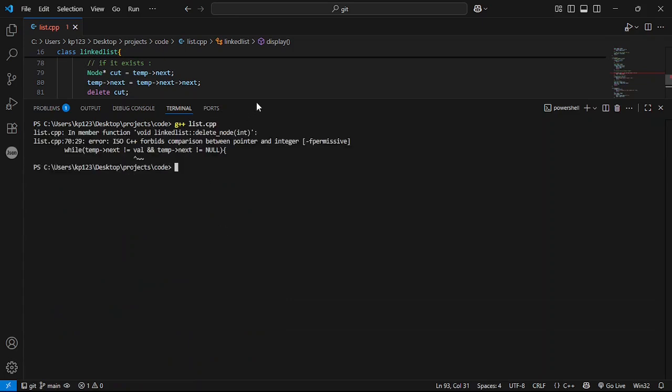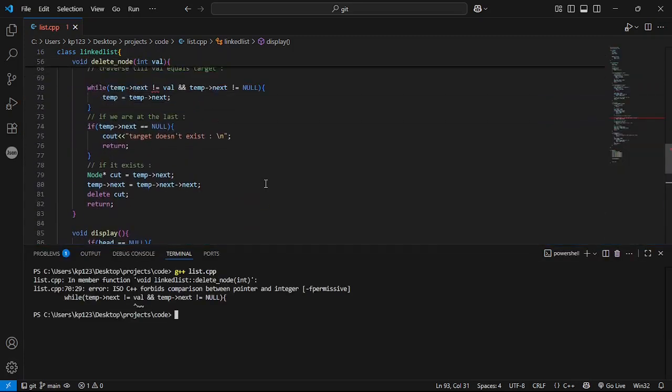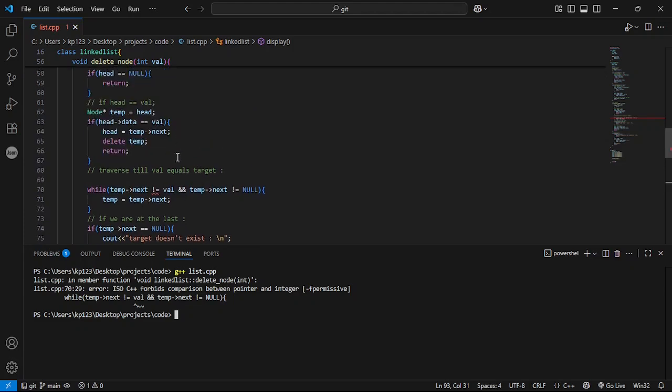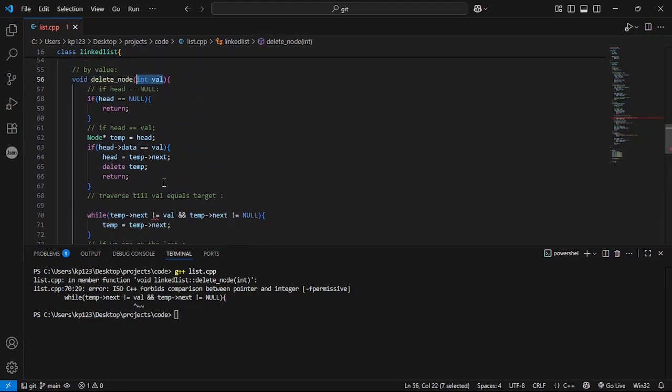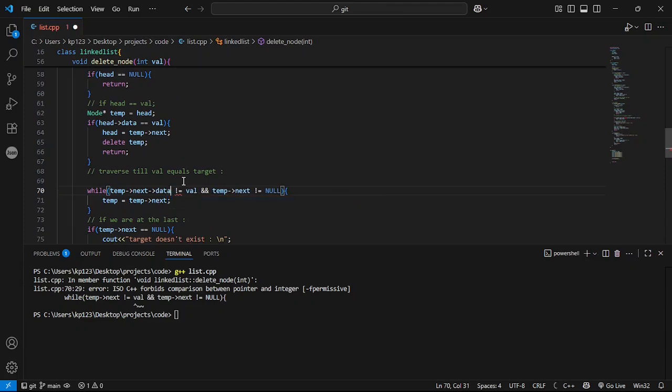Now there is only one error. It's about value. I'd already defined val over here. So temp's next is an address, but I want to access its data, like temp's next data. That's what I want to do. Okay, now it's fine.